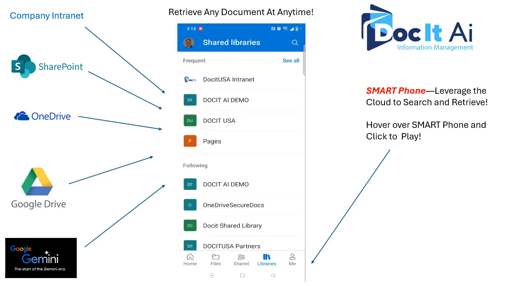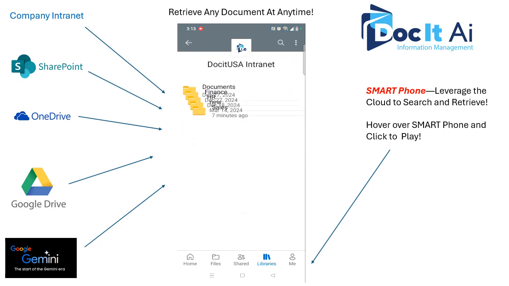Now, the great part about the intranet is if you happen to be using Microsoft Office 365, you could also incorporate this into Microsoft Teams. So during any Teams meetings, if you wanted to share documents or need to search documents during a Teams meeting, any of these documents that you've provided permission to view and share will be able to be accessed in Teams